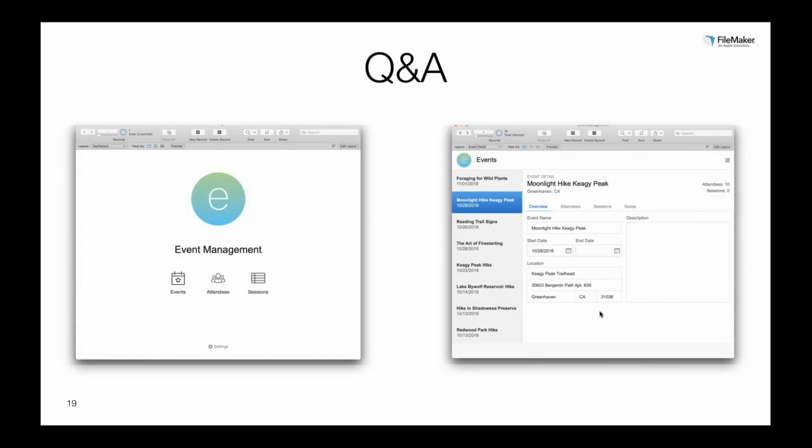But with that said, you could also create favorites on the iPad or the phone, so they could just simply tap on something. You can also send them a link in an email that would automatically open in FileMaker Pro. So there's a bunch of different ways that you could get somebody access to your solution using an iPad or an iPhone if they have FileMaker Go, and even if they don't have FileMaker Go,